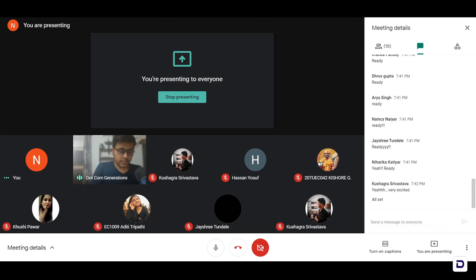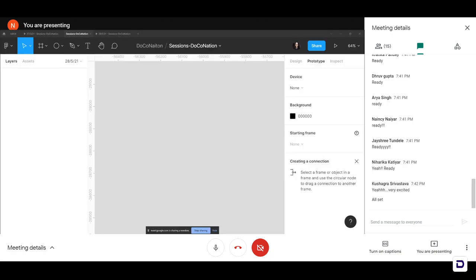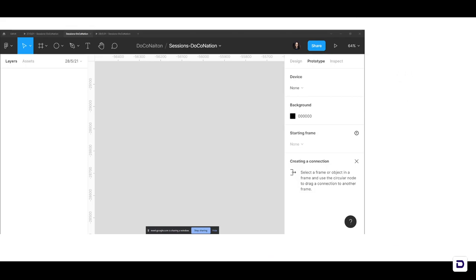The best part is it also runs on the web, so you can just open it and create an account. It's free. You'll get this screen and you'll be good to go. Open the Figma window and write let's go in the chat box when you are ready, and we'll begin.